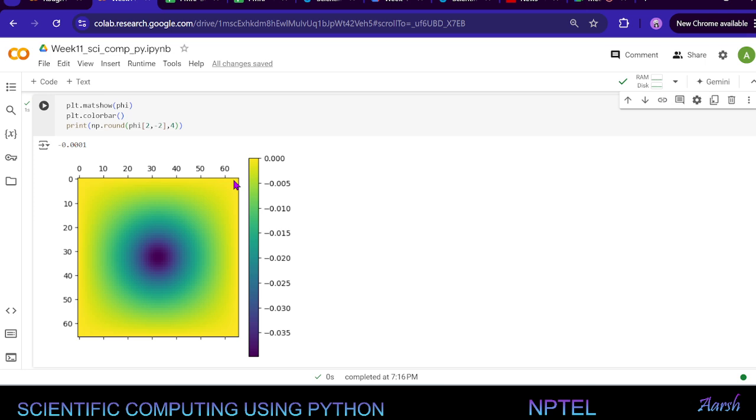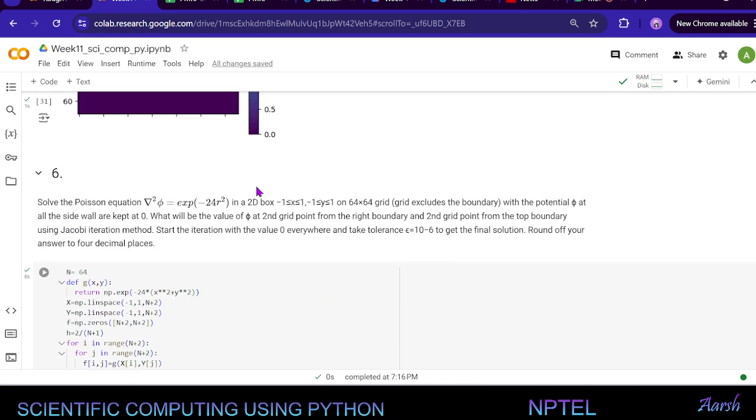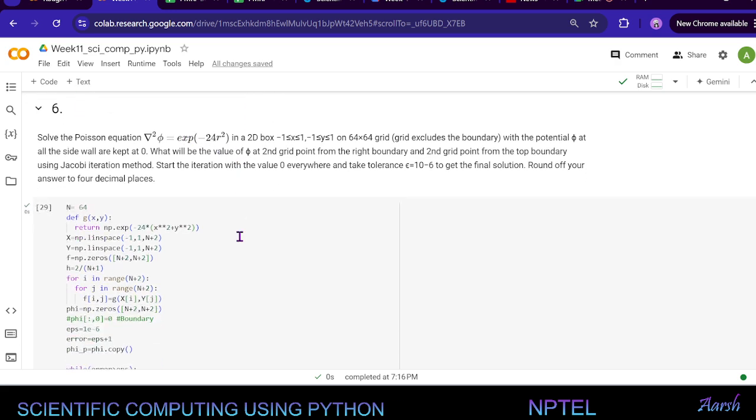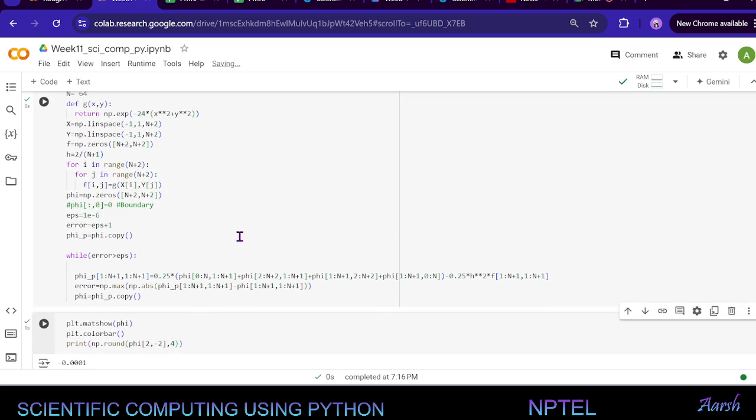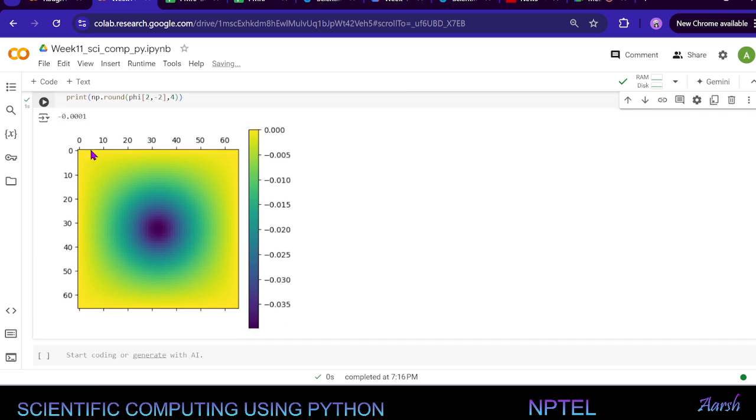And it's negative everywhere, as you can see. Why? Because the function itself is positive, so the second derivative is positive, like negative curvature everywhere, which means it is bulging downwards, and the walls are kept at 0. So everything has to be less than 0. That's the idea. The answer is 0.001,